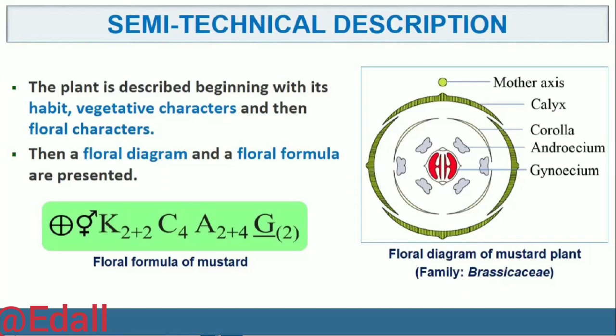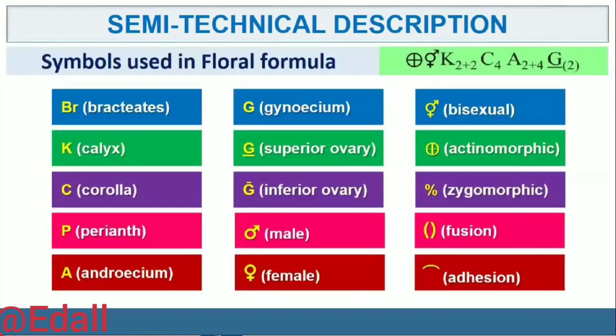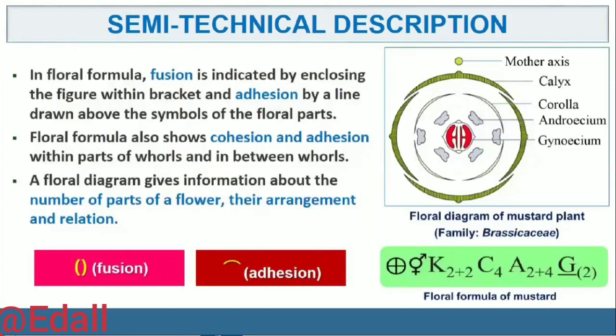The floral formula is represented by some symbols. In the floral formula, Br stands for bracteate, K stands for calyx, C for corolla, P for perianth, A for androecium and G for gynoecium, G with a line below for superior ovary and G with a line above for inferior ovary, male sign for male, female sign for female, bisexual sign for bisexual plants, circled plus sign for actinomorphic and percentage sign for zygomorphic nature of flower. Fusion is indicated by enclosing the figure within bracket and adhesion by a line drawn above the symbols of